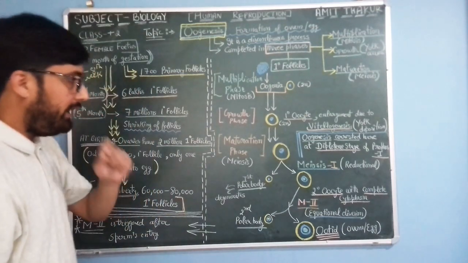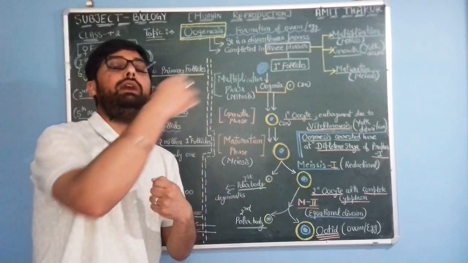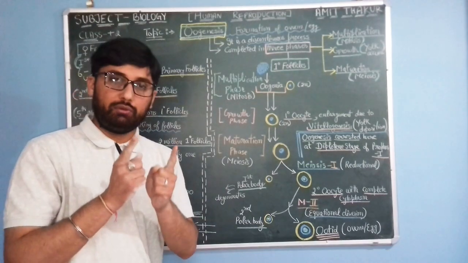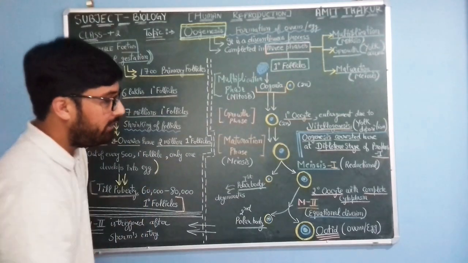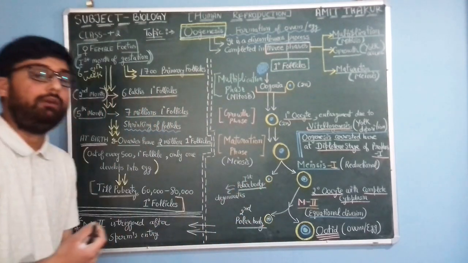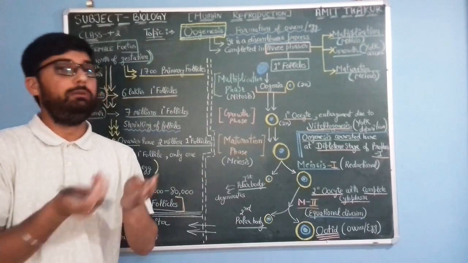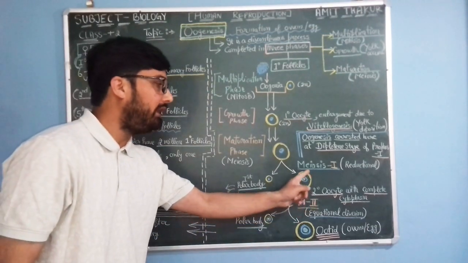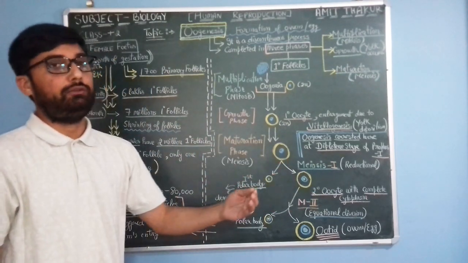Okay, and it would lead towards meiosis 2 only if the female reproductive system gets a male sperm in. So this meiosis 2 is actually triggered only after the entry of sperm or male gamete. If there is no entry of sperm or male gamete inside the female reproductive body, then what would happen? This secondary oocyte would be released during the menstrual cycle,